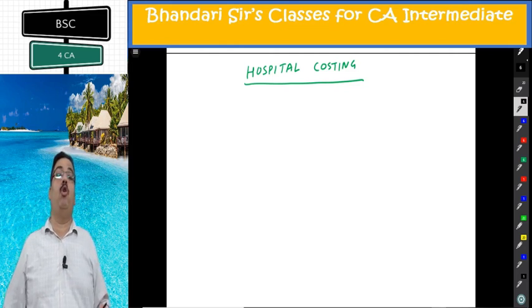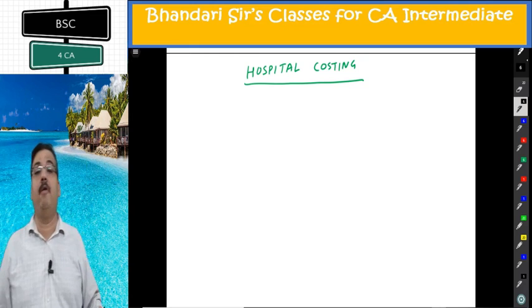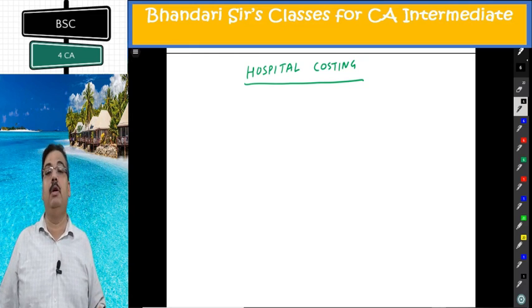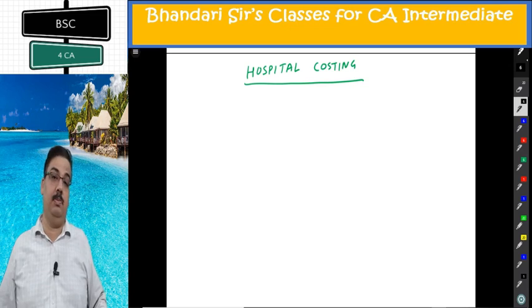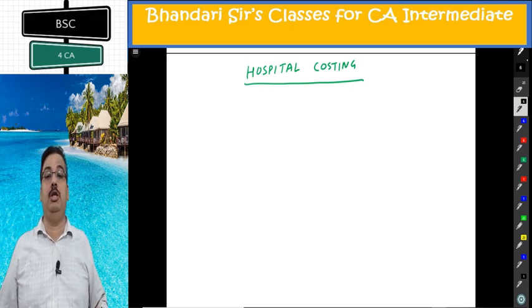It is number of occupied beds multiplied by number of days for which they were occupied that will create bed days, or number of patients multiplied by number of days for which they are in the hospital. We are talking more about the lodging of patients in our wards. We are not talking about their medicine cost and all.